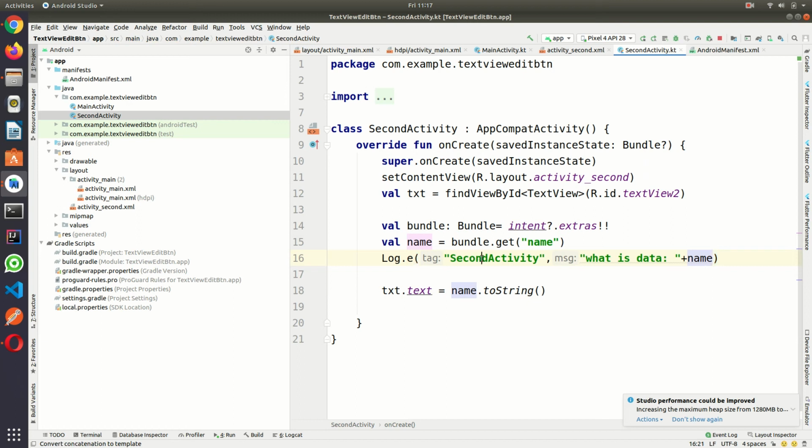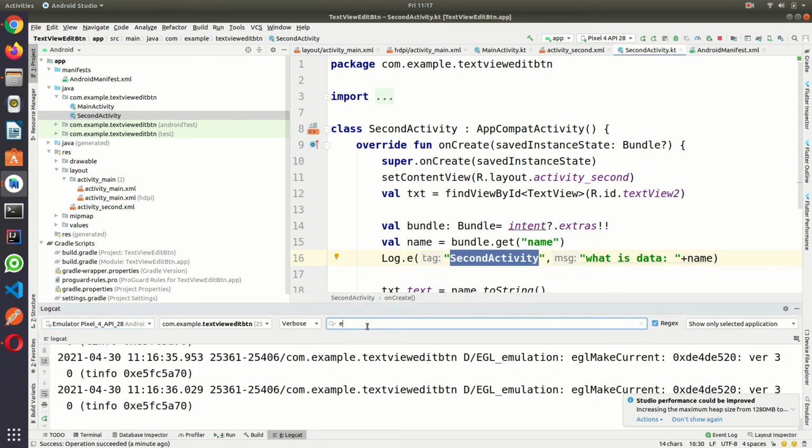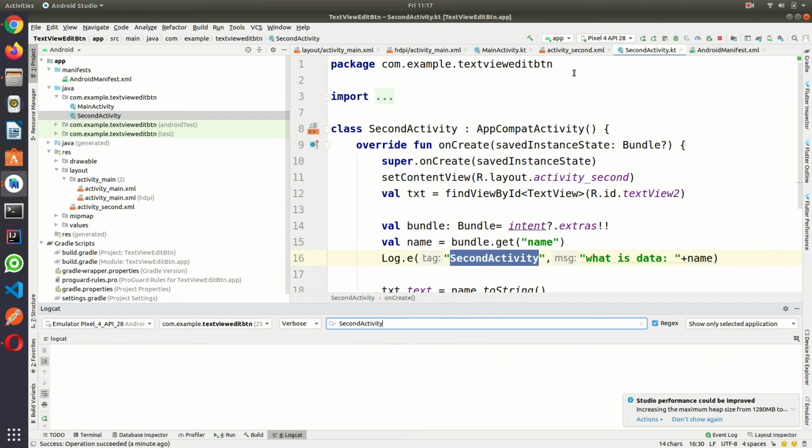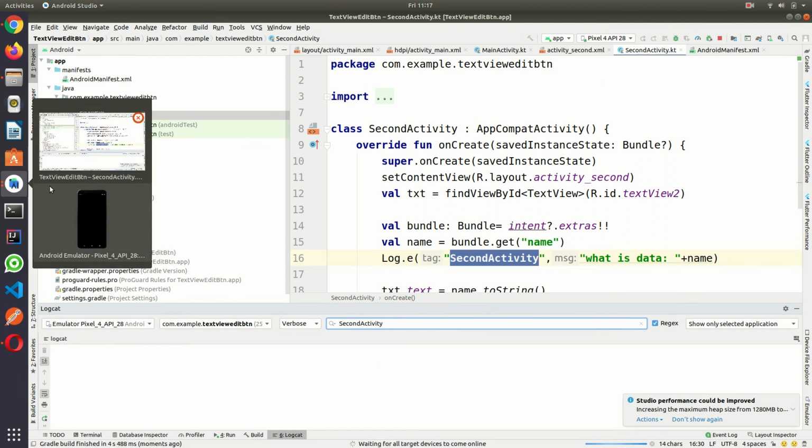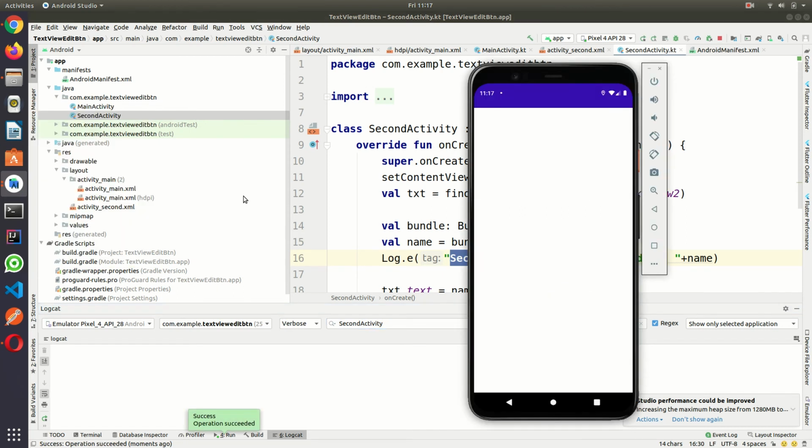Now copy this and go to your logcat. There will be a logcat here, just paste it here. Okay, then run. It will print it here. So printing we can do through Log e or Log d.